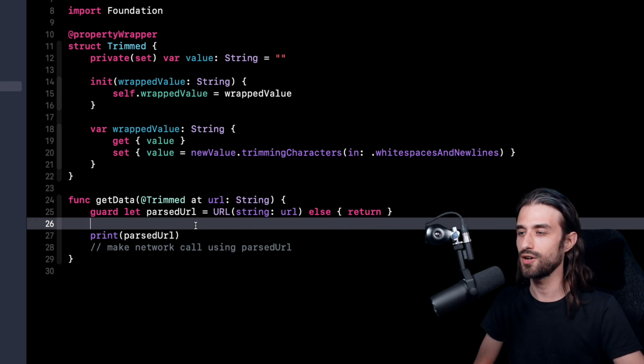And that's all for this video about all the new cool places where we can now use property wrappers in Swift. So as you can see, as Swift evolves, there are more and more places where we have the opportunity to use a property wrapper. So definitely, I feel like this syntax is going to be a big part of Swift in the future, so I can only encourage you to try to learn about it as much as you can and try to experiment with it in your app.